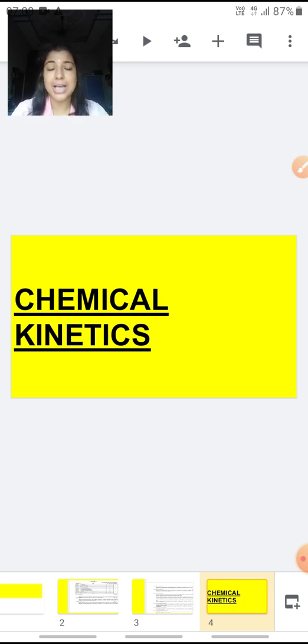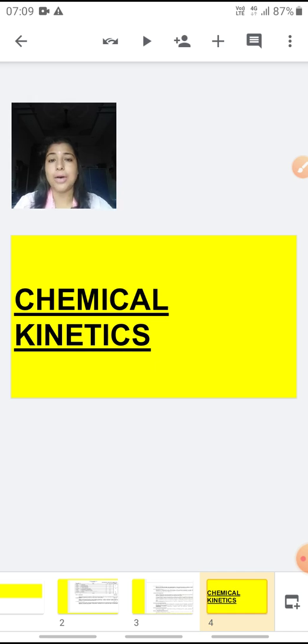Now in 11th standard you learned about thermodynamics, in which we were dealing with the temperature change. Now here in this chapter, chemical kinetics, we will be learning about kinetics. Do you know the meaning of the word kinetics? Yes, kinetics means related to the rate, the speed. So here instead of calling it speed, we will call it the rate of chemical reaction.